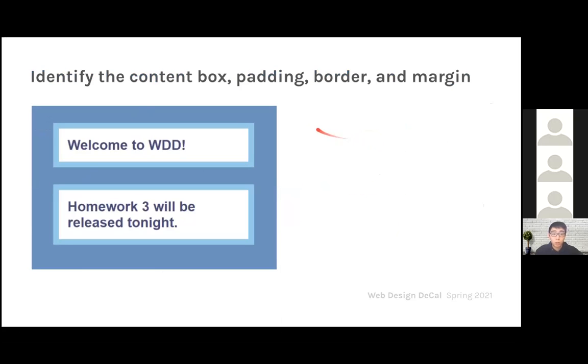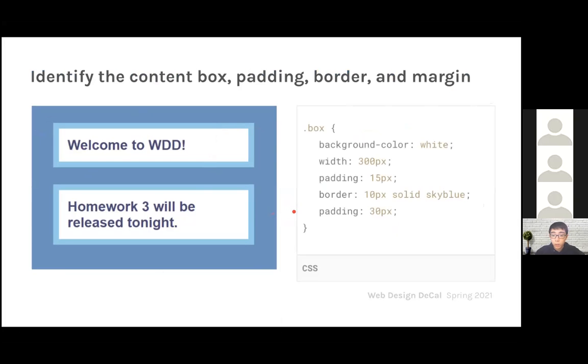But if we take a look at it, we can use the box model to make it look a lot better, where the content itself is the text. The margin is this white space between the text and the edge. We have our margin here in the light blue, as well as our padding on the outside of each of these boxes. And you can see the corresponding CSS here on the right,